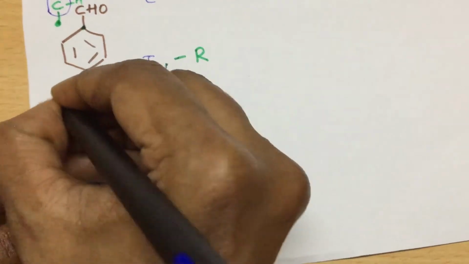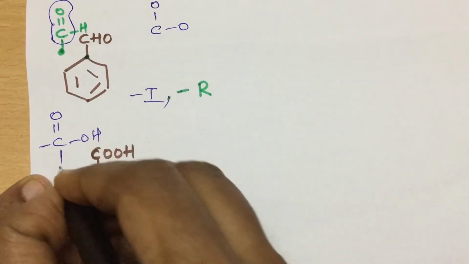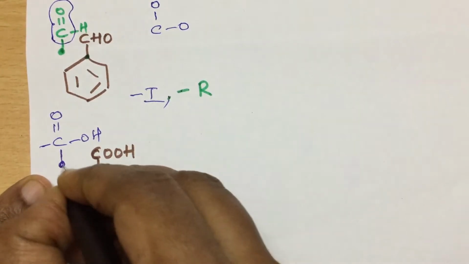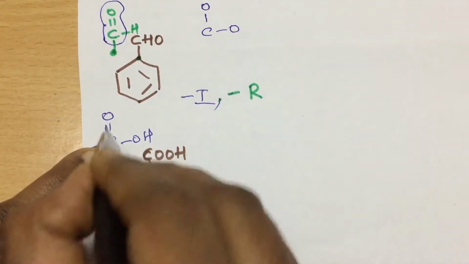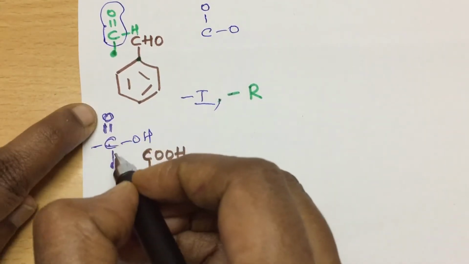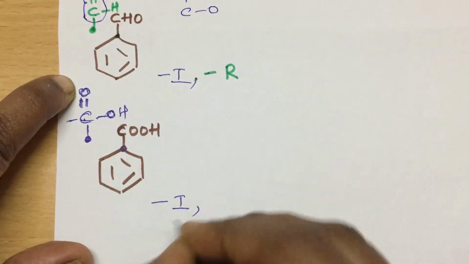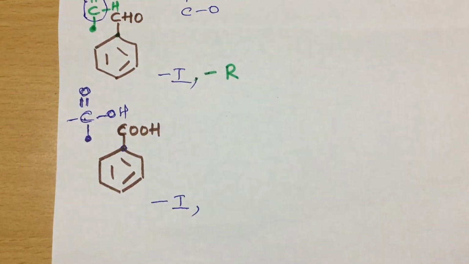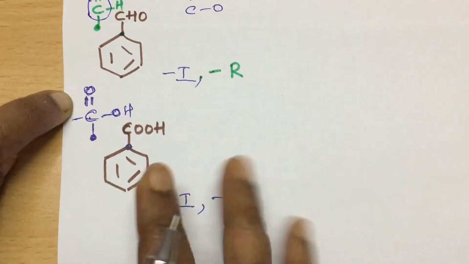Okay, so here, the full form you write is carbonyl OH. This is the carbon of interest. I have written it separately. The first atom is carbon, but he is attached to what? A double bond O and another O, which makes it very much electronegative, minus I. And he is having unsaturation, he is unsaturated, so it is minus R.